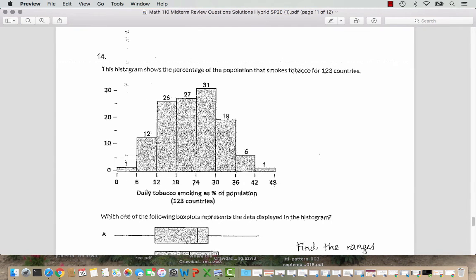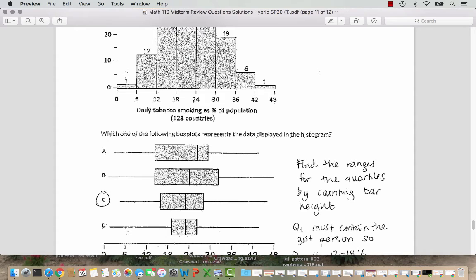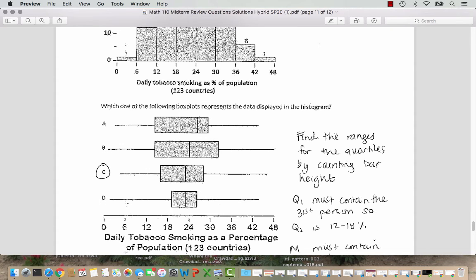Question 14 gives us a histogram, and it's got the labels on top for the counts for the height of each bar. And then it asks us to pick which one of these box plots matches the histogram. So we have to count out where the quartiles are. So there's 123 countries. So you could do 123 divided by 4 and figure out quartile 1 must contain the